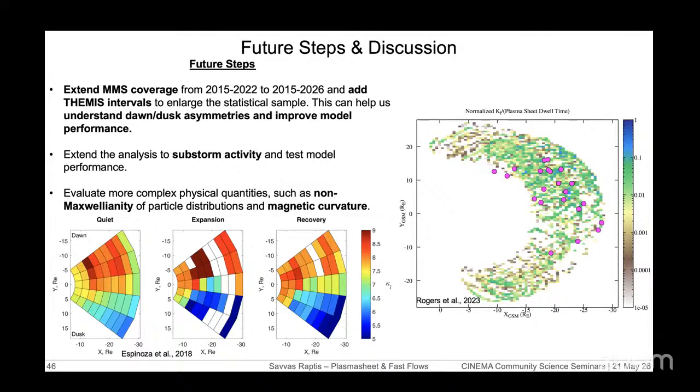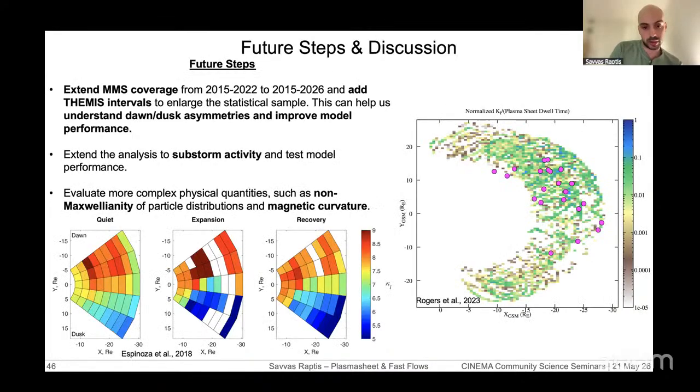And then maybe a question is, how do you interpret the result that the location feature is more important than the solar wind driving, at least for non-storm times? Or do you have any sense for why that is, or would it make sense to look at a deviation from an average plasma sheet then or something?